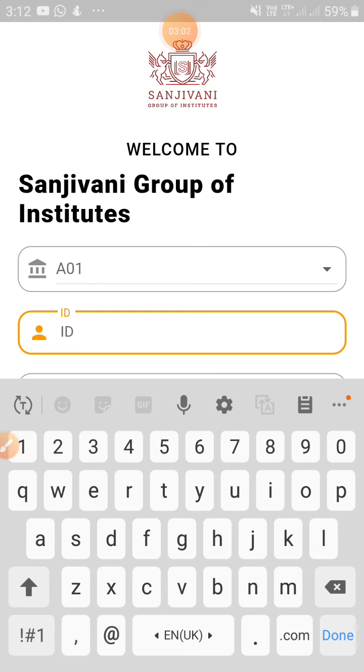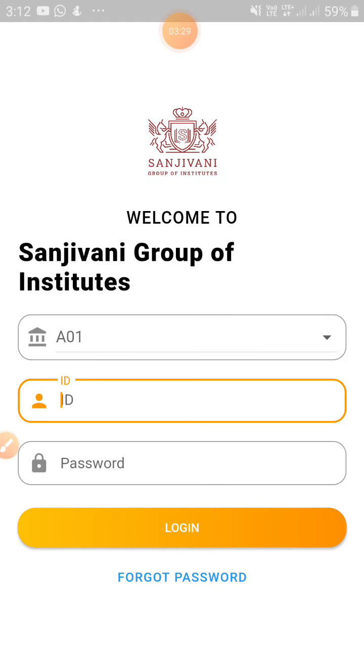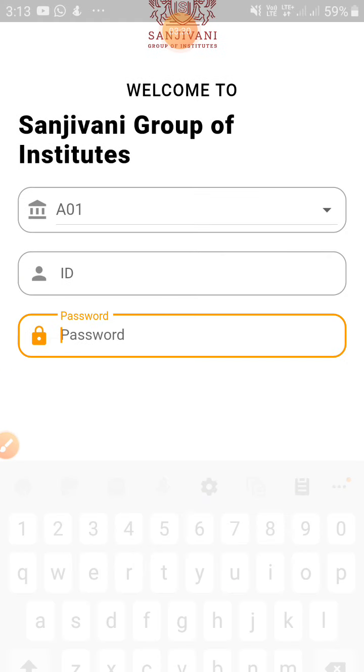My dear students, please remember this particular ID is the ID recorded in our college with respect to its financial software. You can get this ID from our student section. You can contact the student section to get this ID. If you already know that ID, you can directly proceed ahead. If you have that ID, then immediately after that you have to enter the password.